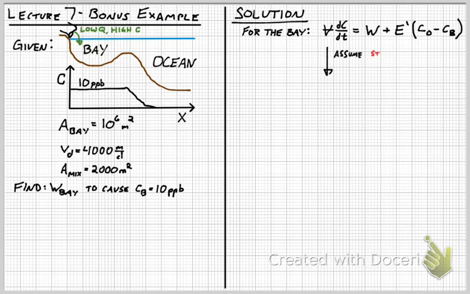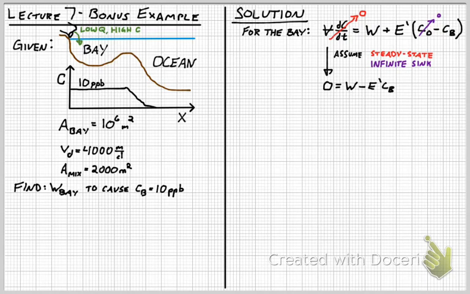Moving on, we'll make two key assumptions. The first is that the system is at steady state, so the left-hand side of our equation becomes 0. And the second is that infinite sink assumption. So we'll consider the concentration of the ocean to be 0 at all times. We can rewrite our equation then. It looks a little bit simpler, although still not something that we're quite ready to solve because we're missing that